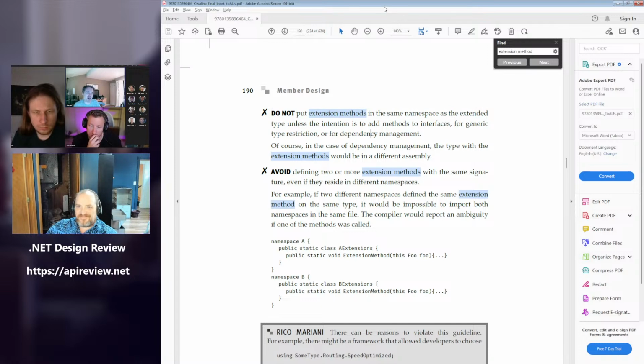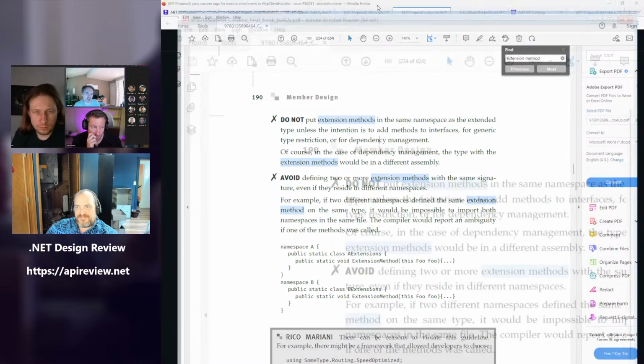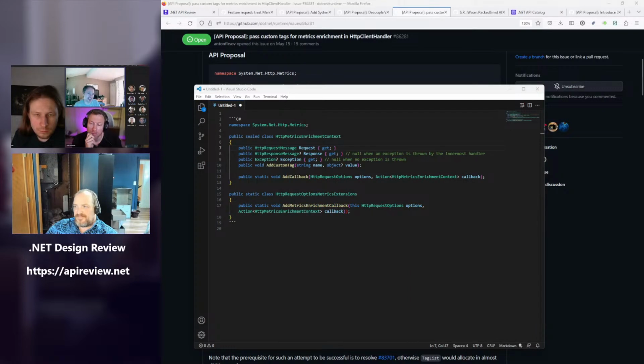But again, I'm not trying to be picky here. I'm pretty wide open as long as functionally it works and people think it's a decent pattern. I just arrived at that one because I was like, what would we tell a third party to write? And this is sort of us implementing our own extensibility mechanism, so why wouldn't we do it the same way we would tell every other third party to do it? And then logically, how would the third party maintain its state? They would just use a conditional weak table or something? The options object is a dictionary. You can just add key value pairs to it and then query those key value pairs back. But this is clearly special because something has to be invoking this callback.